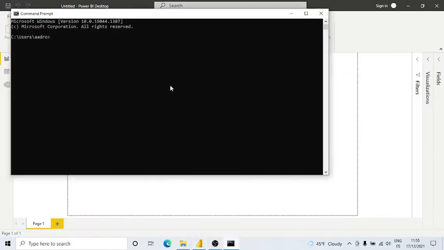Okay, then we will need pandas. It's a requisite to load data in Power BI.